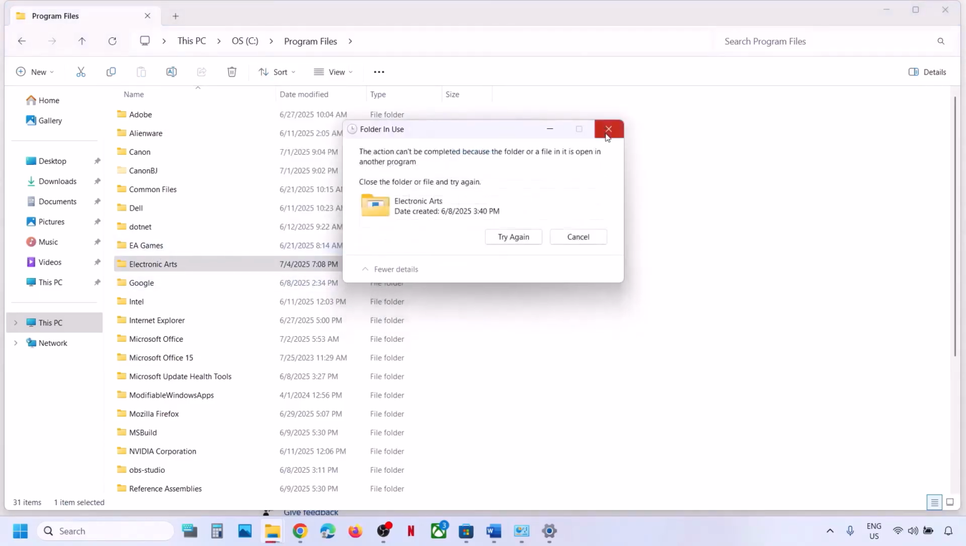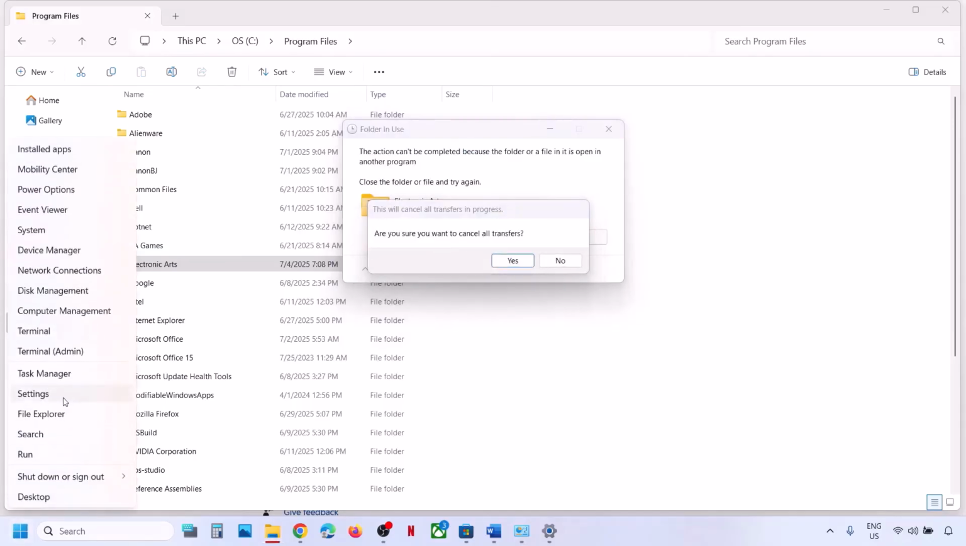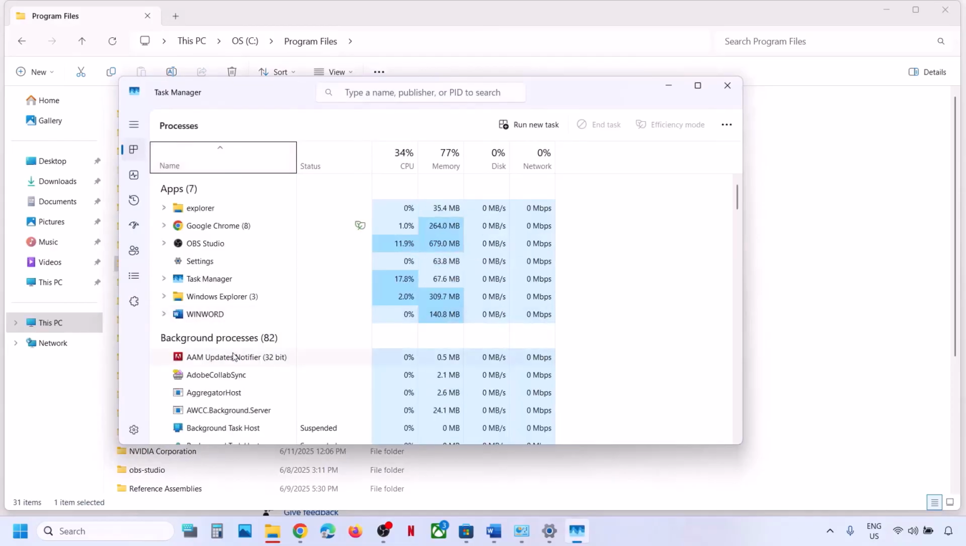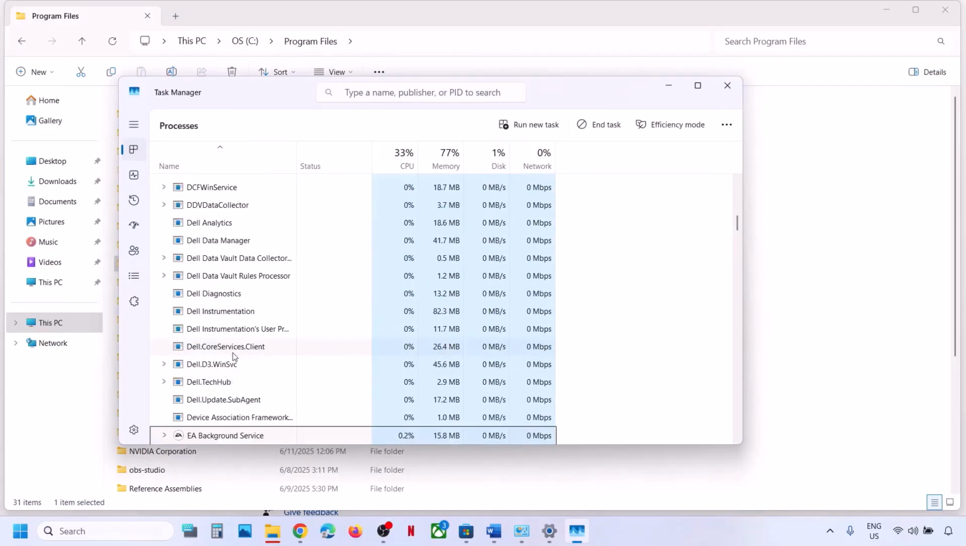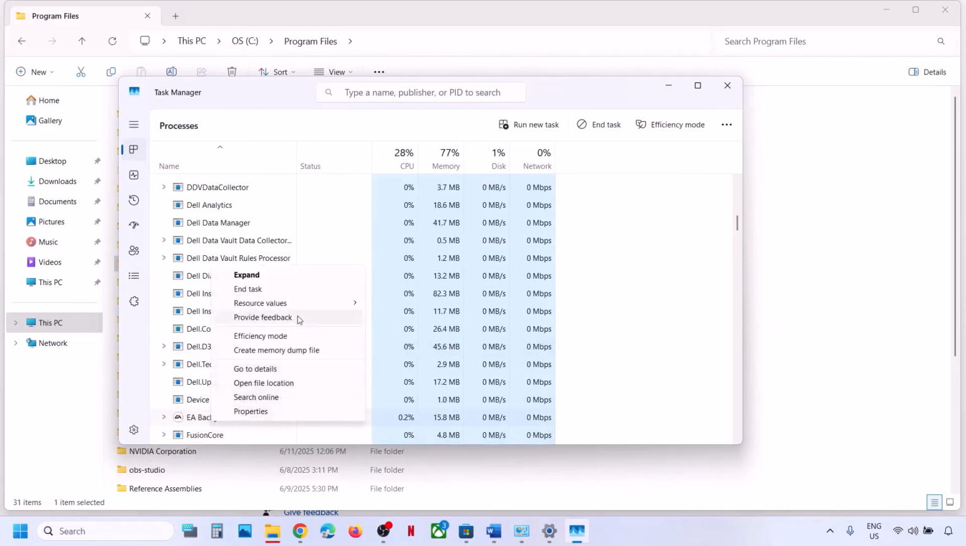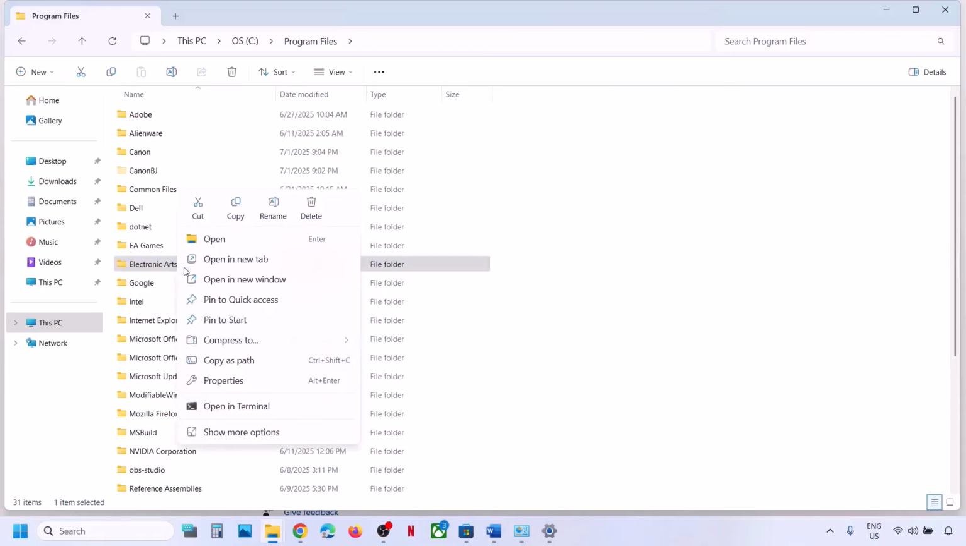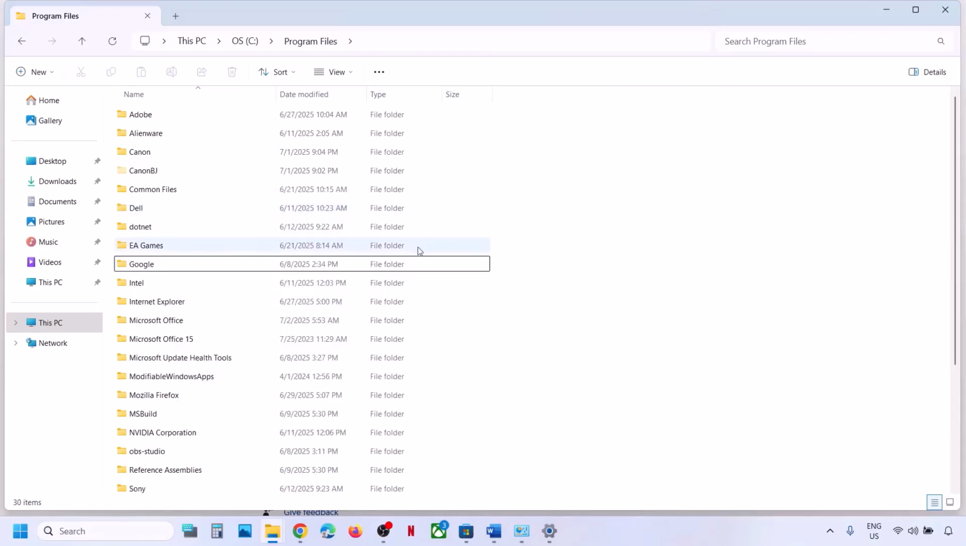If you see a try again option, that means the EA app or EA services is running somewhere. So you can open Task Manager. In my case, it is EA background task, and you can end this EA app. Once deleted, now do not delete EA Games. Okay, now